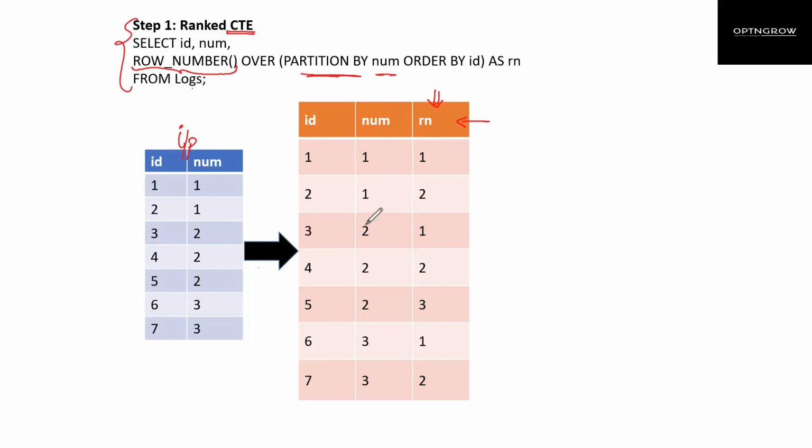It simply means that as soon as you have a new number, it is going to start from 1. So you can see over here 1, 1, so it is saying 1, 2. As soon as we have a new number, then it is starting with 1. So 1, 2, 3, because it's 2, 2, 2. And again we have a new number, again it is starting from 1. So this is the column that we have added to our input table. Okay, I hope this step is clear. Let's move on to the next step.